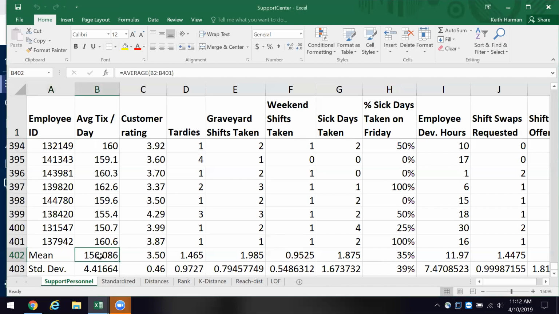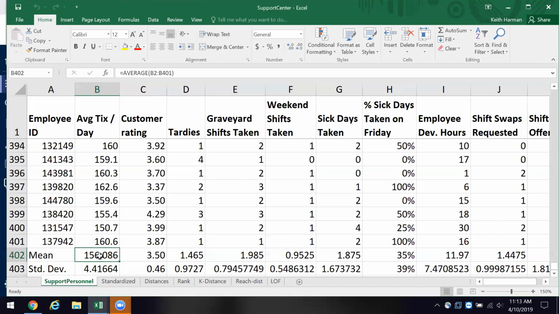In other words, the average for this person on the number of tickets that they do a day. So we know that with all these different employees, okay, remember there are 400 of them, that we've got an average of 150 tickets. It's a call center.